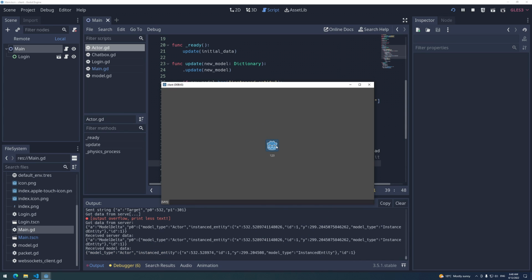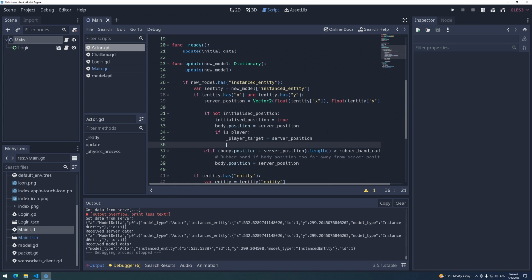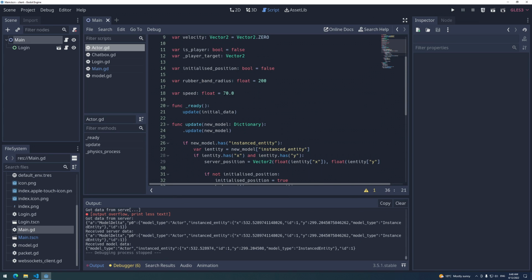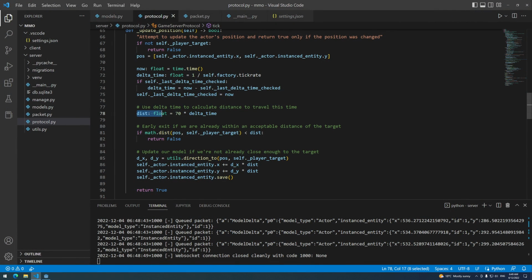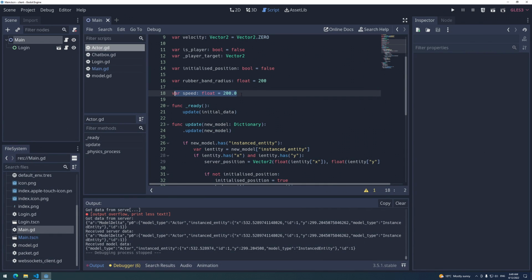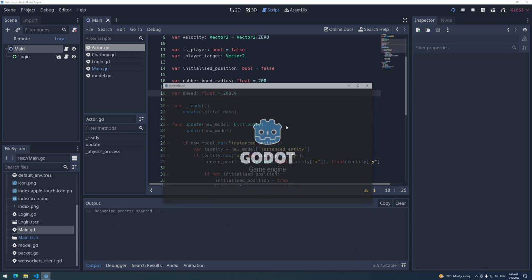But otherwise, we're doing a good enough job keeping everything in sync. So we're going to have to sort of fake it and make it go out of sync. We can change our client's speed variable from 70 to something higher or lower so that it doesn't match this 70 from the server anymore. So I'm going to change my client speed to 200, and this will force the game to go out of sync with the server. So if I play this now,